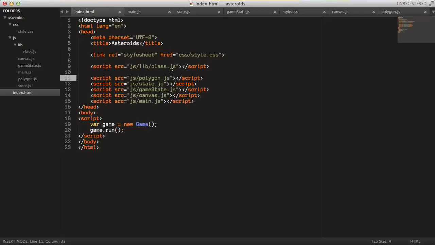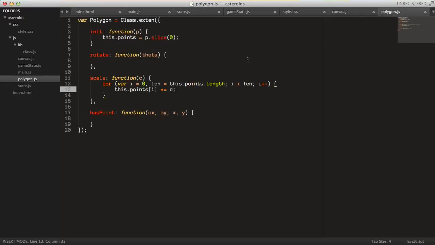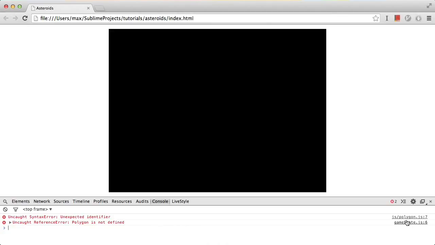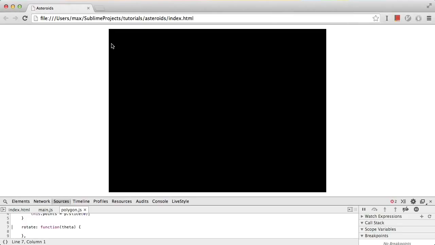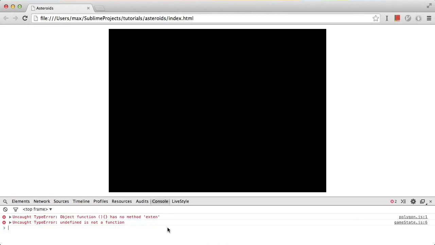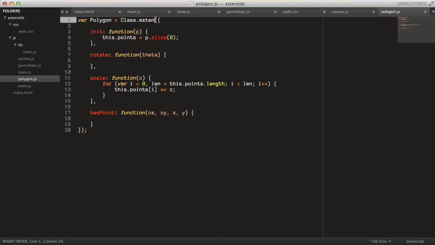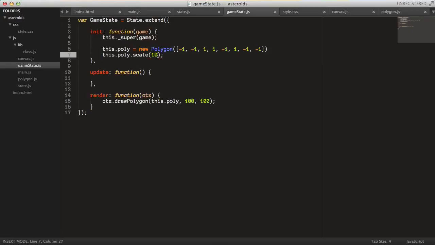Well, it didn't work, so let's see. Unexpected identifier. Okay, I forgot a comma here, and now hopefully, now got another error. Extend, should be extends. Yeah, so now we can see that the polygon is drawn here to the canvas. And let's scale it a bit more. So let's scale it to 50. It should be 5 times the big size, and yeah, here you can see the polygon drawn. But it is drawn over and over again,